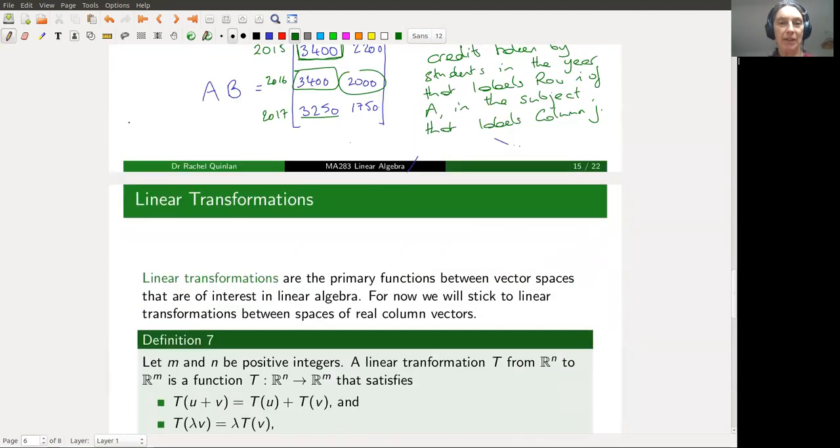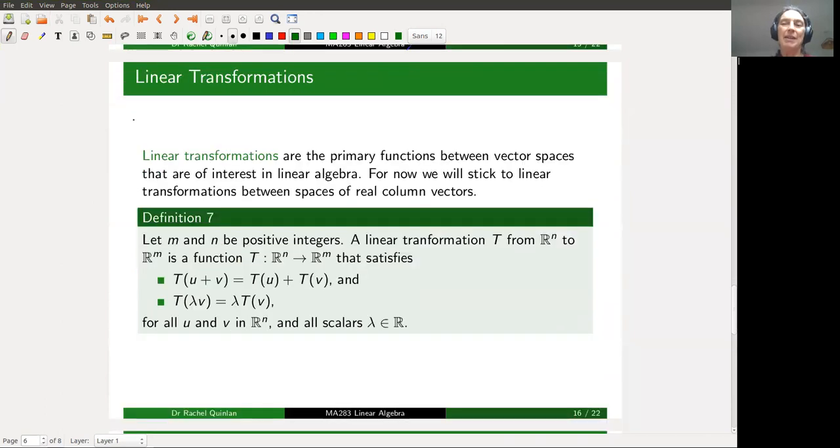Pardon me, I've skipped a slide. So linear transformations are basically the primary functions between vector spaces that we care about in linear algebra. And for the moment, we'll stick for our examples to linear transformations between spaces of real column vectors. So our vector spaces in mind would be just the spaces of column vectors of a fixed length